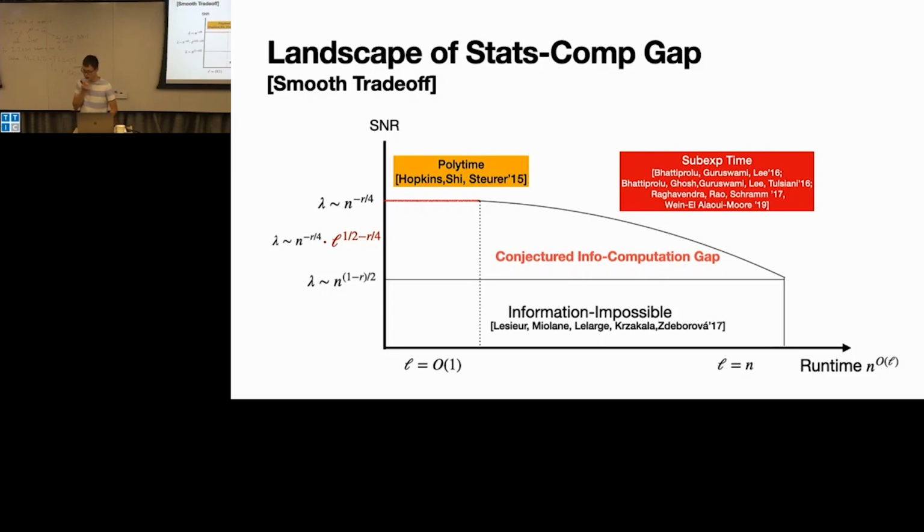Sorry, how should I interpret that O of 1 there? L equals O of 1, the dashed line is for n to the constant? How should I interpret that constant? Does it depend on r? Let's fix r to be constant, some large constant. So for every r, there's an L. Yes. In fact, you can take L to be r over 2.